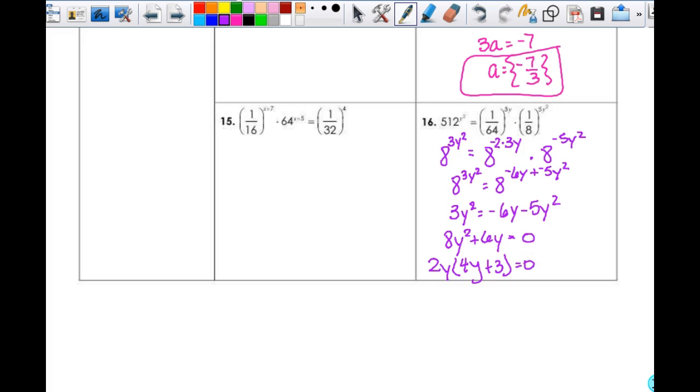So how many factors? 2. I have 2 factors equal to 0. Negative 3/4. So I got negative 3/4 and 0. That is my answer there. Everybody good? The 0 gets left out in situations like that, so don't forget about it. Questions? All right,